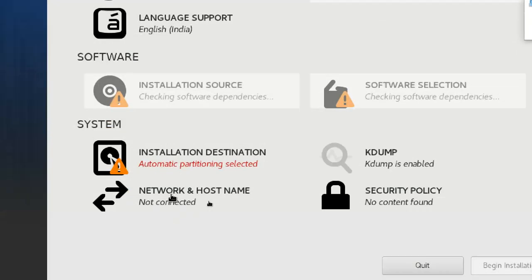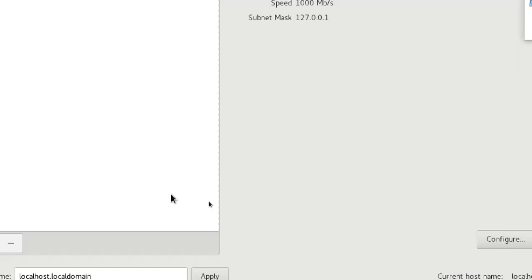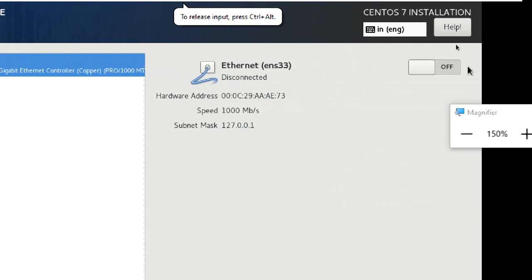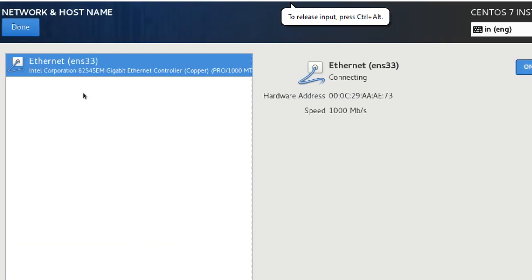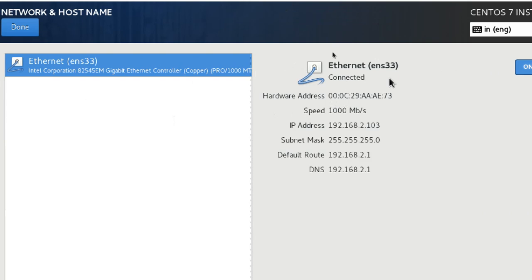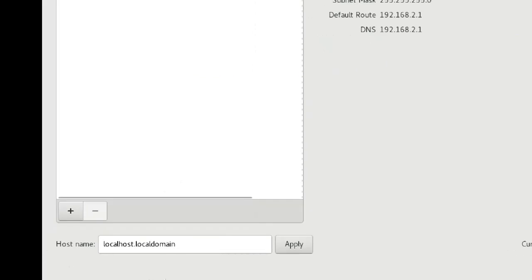First one is network and host name, right? And off is there. Just click on off. You will get on. Wait, you will get an IP address, and also the status will change to connected, and you got some IP address 103. And here I change the name. I put CTS2 Linux2.